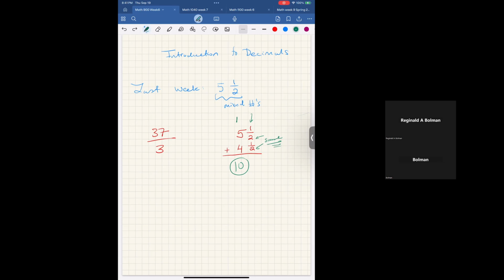And in which instance, we kind of are forced to convert back to an improper fraction, do the addition process there, and then convert back to a mixed number, which is overall kind of a pain. And so we really don't want to do that if it's at all possible for us to avoid having to do so. And this, of course, begs the question, well, if mixed numbers have